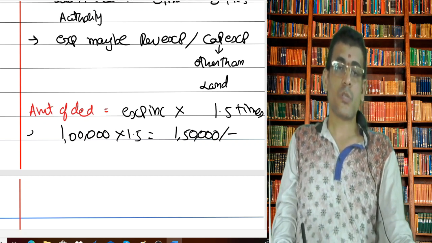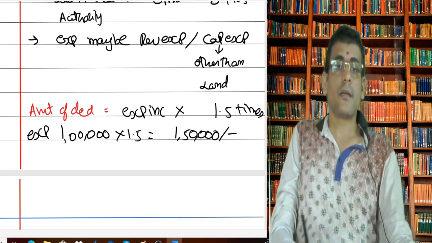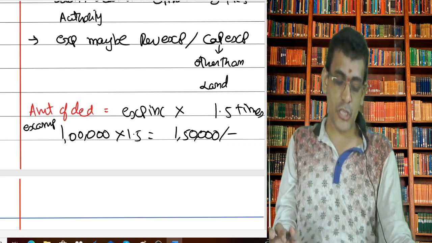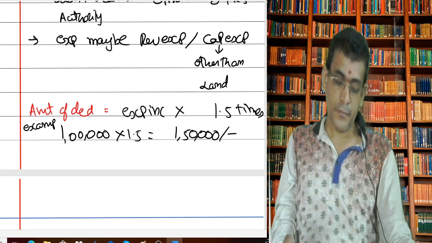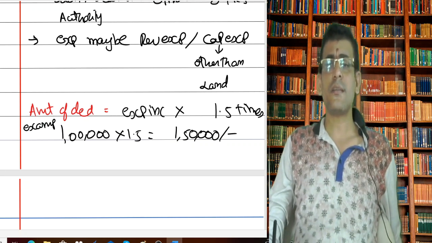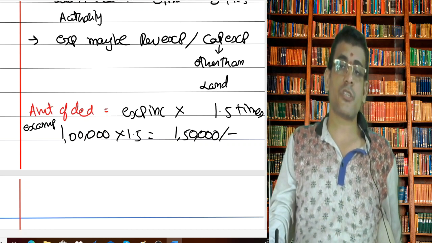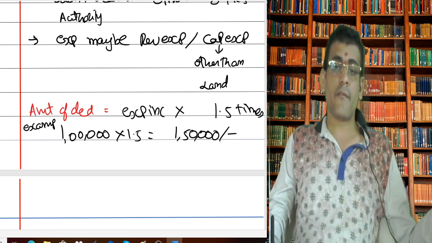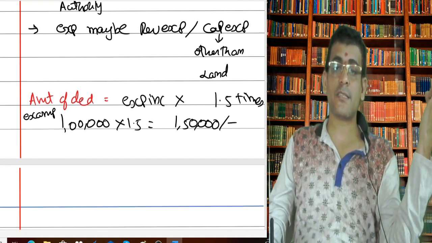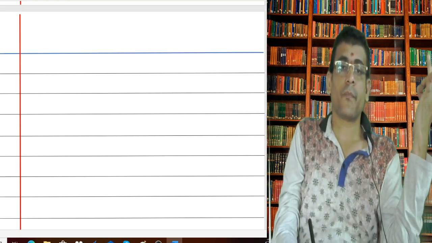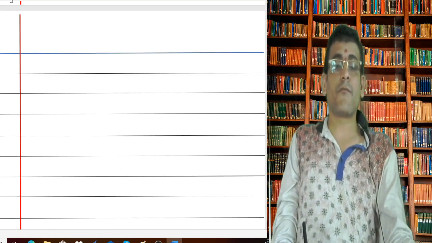This is an example. If any SSC incurred an expense of 1 lakh, he can take 1,50,000 as deduction. That's in short the summary. So that's the own business: any scientific research done for the own business, revenue, capital, in-house research. So we have covered 3 sections. Now we are getting into the other part of the section, which is scientific research incurred for others' business.